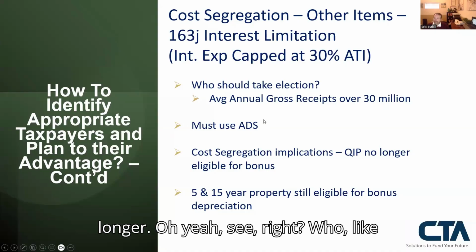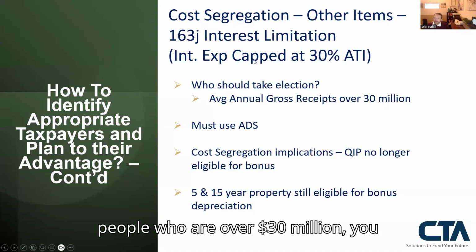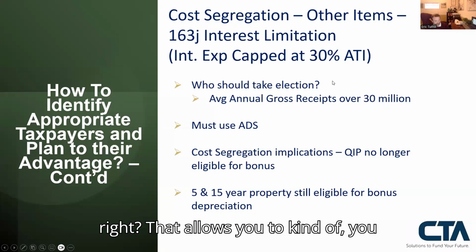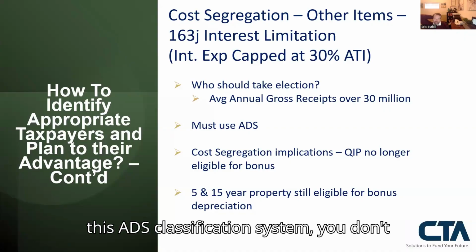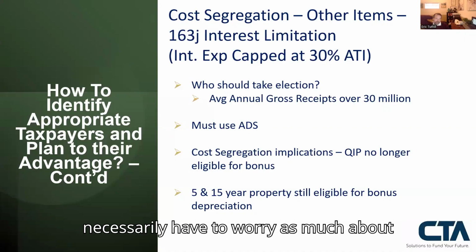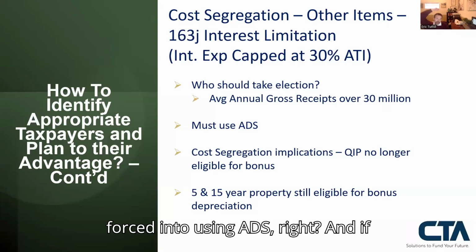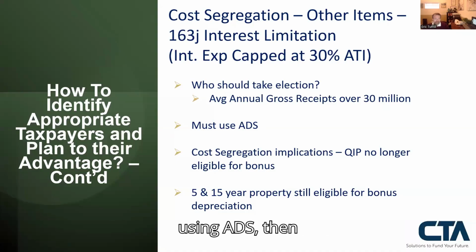Oh yeah, people who are over $30 million might want to take this election, right? If you put them into this ADS classification system, you don't necessarily have to worry as much about this interest limitation, but you're forced into using ADS, right? And if you're using ADS or you're forced into using ADS, then